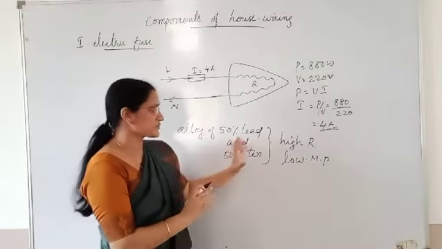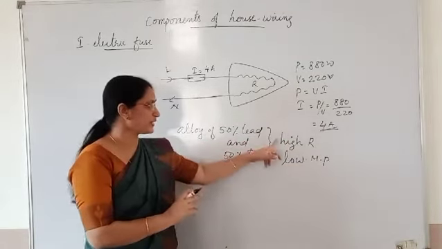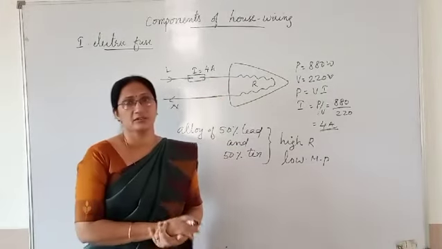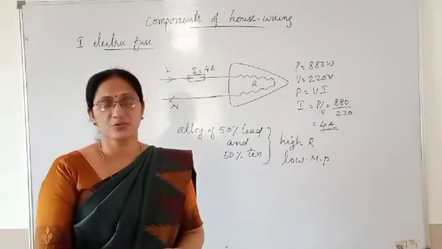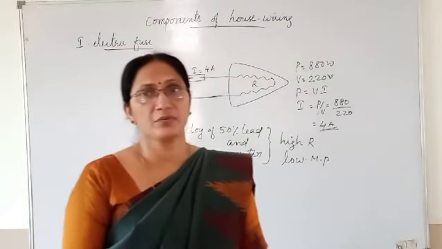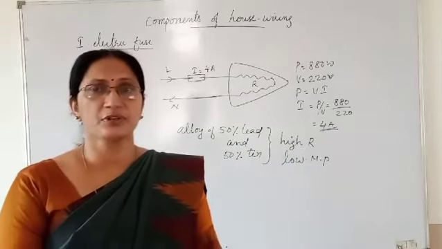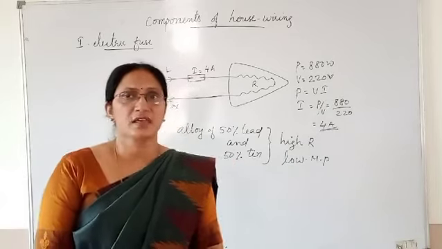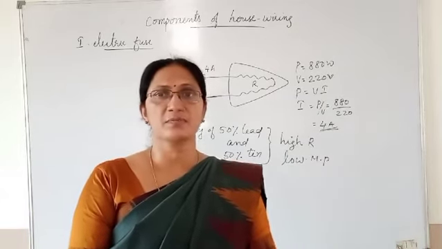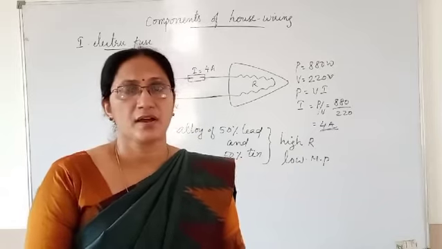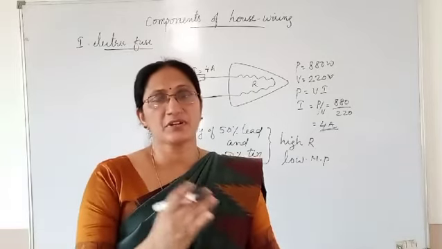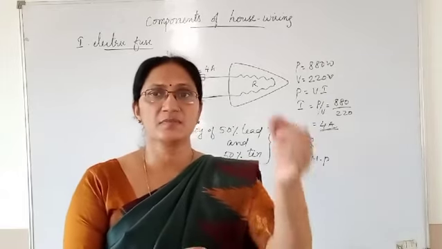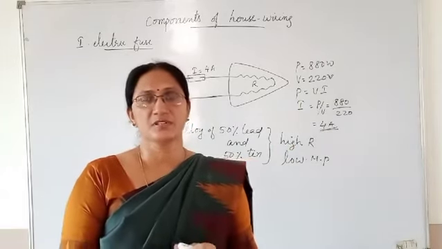So, it is an important question: what are the characteristics of fuse wire, with which material it is made, and on which wire you have to connect the fuse. Fuses and switches are always on the live wire. Nowadays, instead of fuse, MCBs are used. It does the same work only. MCB, its full form is miniature circuit breaker, and the functioning is the same. Whenever any overloading happens in any circuit, this MCB automatically cuts off the circuit.